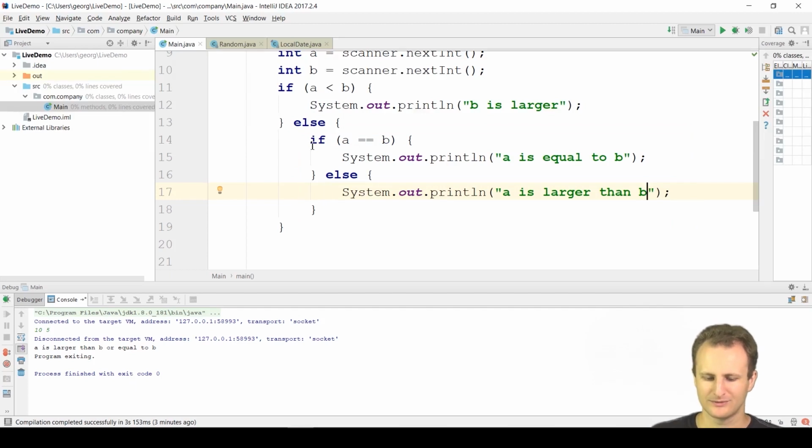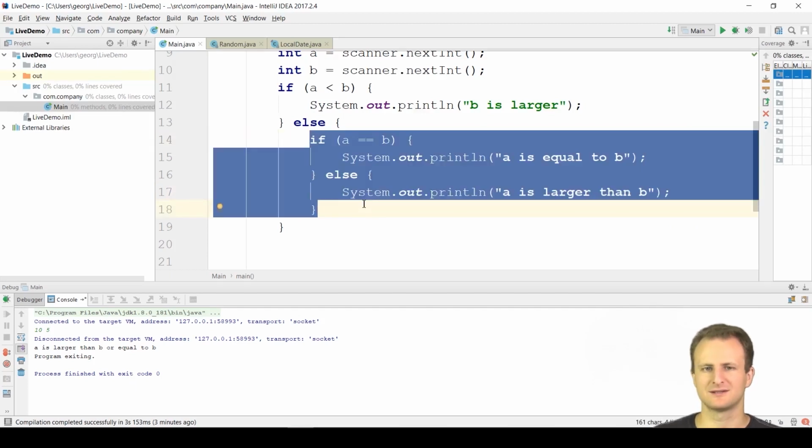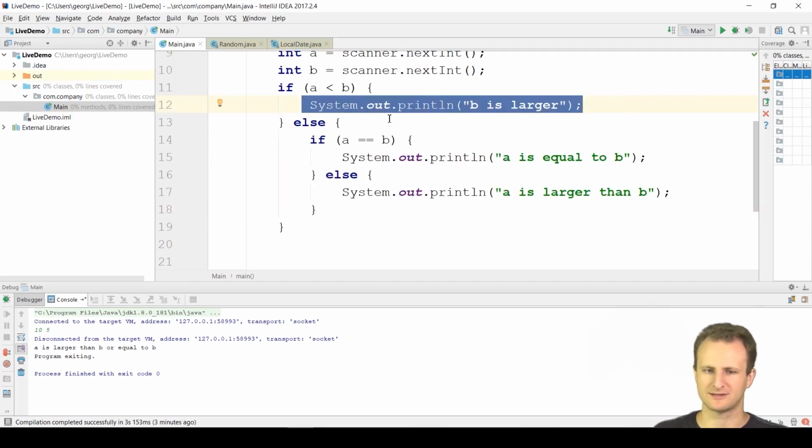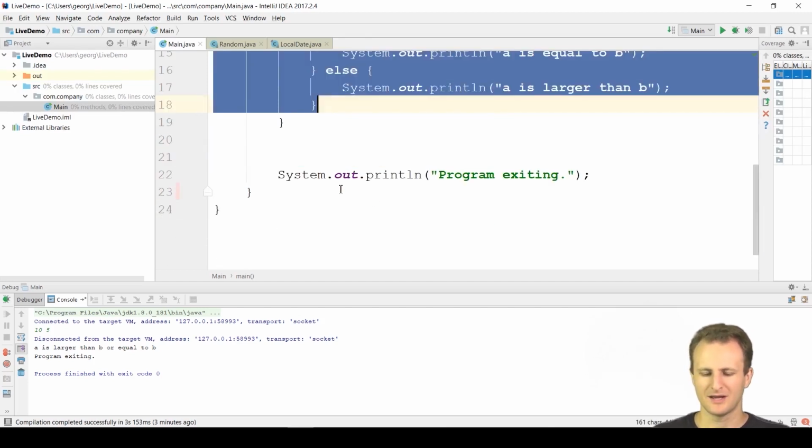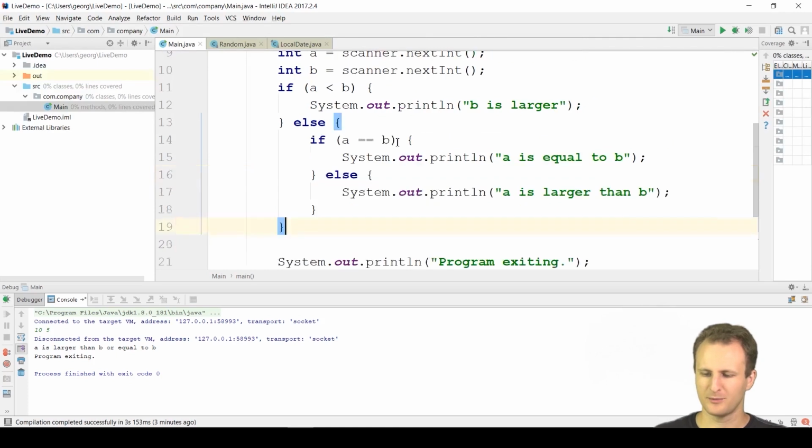Okay, so you can place if-elses inside other if-elses in any way you like. This is just a part of code that executes. When the code reaches here, it doesn't really care whether it's in an if or an else or whatever. It doesn't know, it just executes. So you can nest these all you want. Now, a more optimal way of writing this, so it takes up less space and is a bit easier to read,